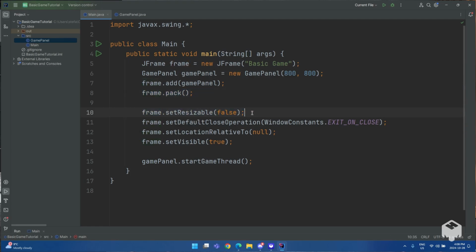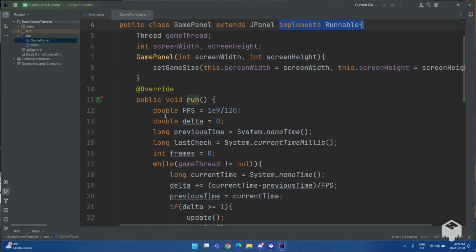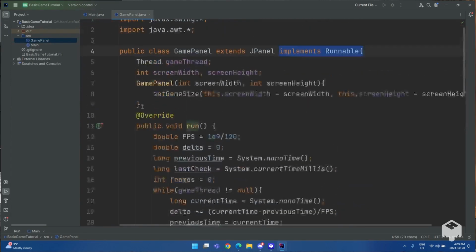We make it non-resizable, make the program terminate when we close the window, make it appear in the middle instead of the top left, set it to visible so we can actually see it, and then we start the game thread. Inside of gamepanel, we create a new gamepanel class that inherits all the jpanel methods, and it also implements runnable, so we're able to make a new thread, and that new thread will run this method,